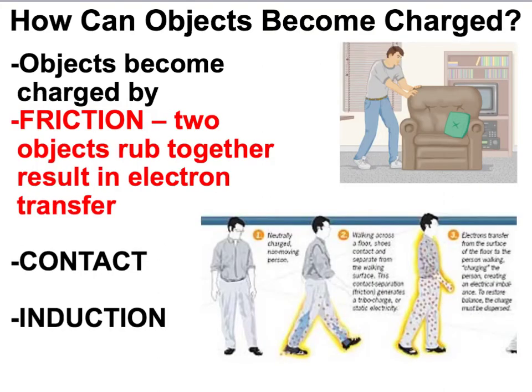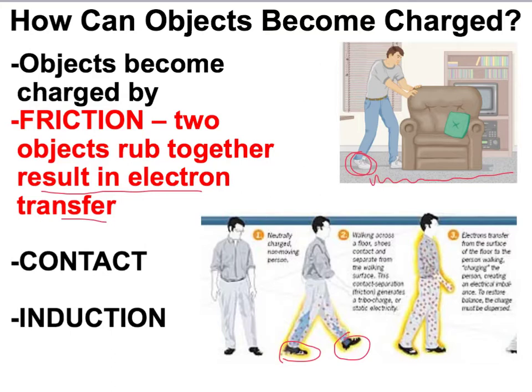First, let's talk about friction. Now, we're familiar with friction, and that's a force that happens when two objects move over each other, or two surfaces rub against each other. So, you've all experienced this. You've all become charged by friction. So friction is when two objects rub together, and that results in an electron transfer. And here's the classic example. When you're walking around with shoes on a floor that has carpet on it, what's actually happening is when your shoes rub against the carpet,